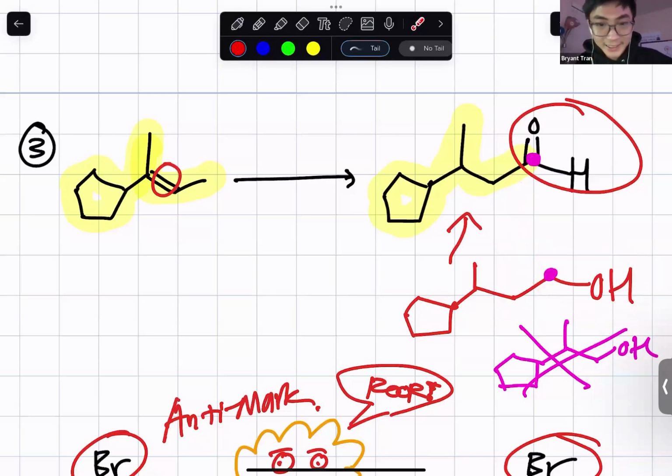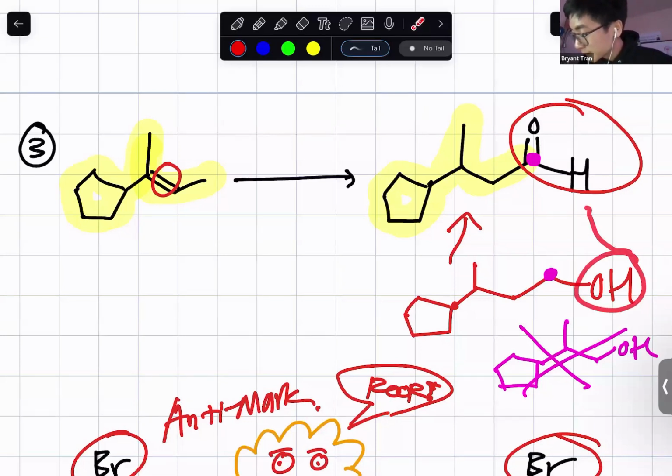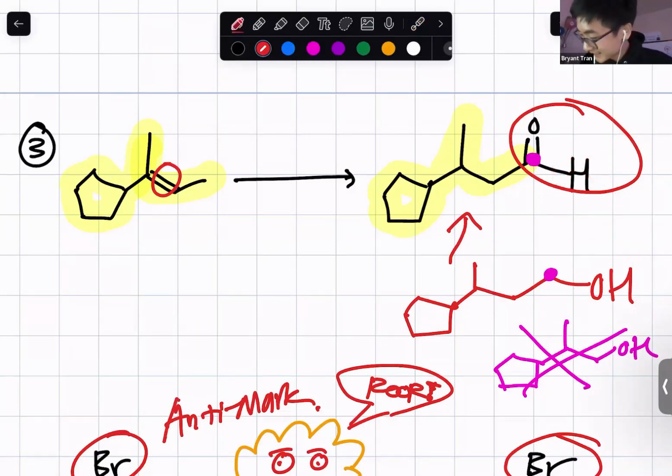Now, from this primary alcohol here, what reagent do we have to use specifically to get to that aldehyde from a primary alcohol? So NaBH4 is a reducing agent, right? So we don't want to reduce this. Jones is an oxidizing agent, and we do want to do oxidation. But Jones is a strong oxidizing agent. If we use Jones, this alcohol would become a carboxylic acid, but we don't want a carboxylic acid, right? We want to use a weaker oxidizing agent like PCC,